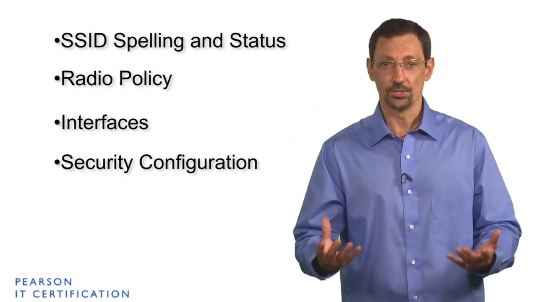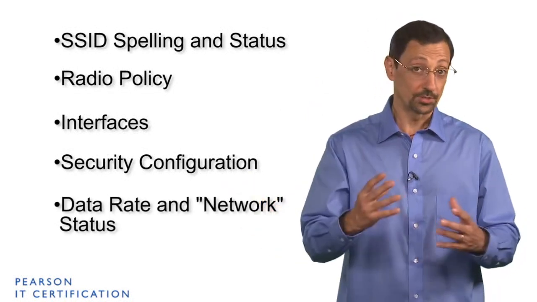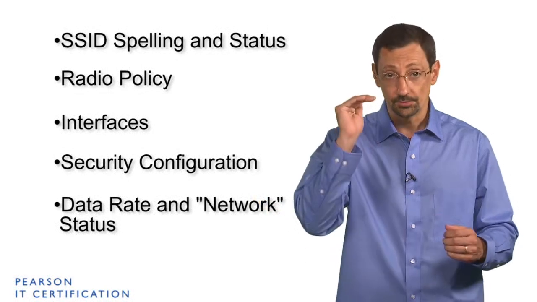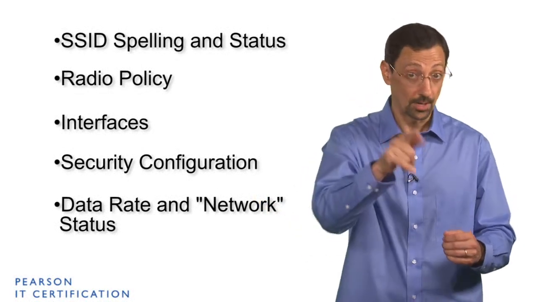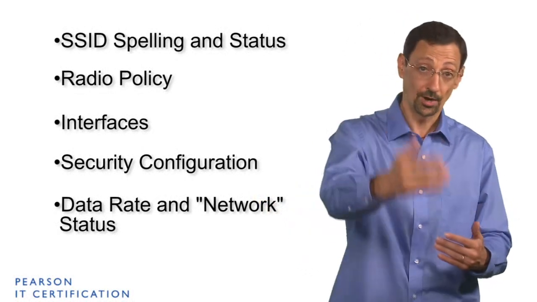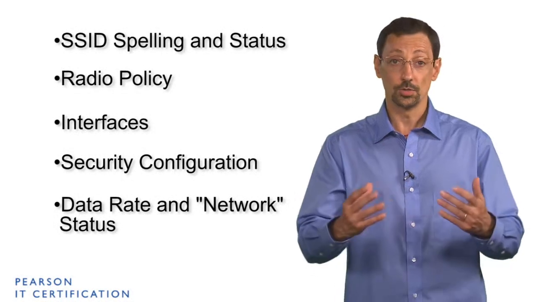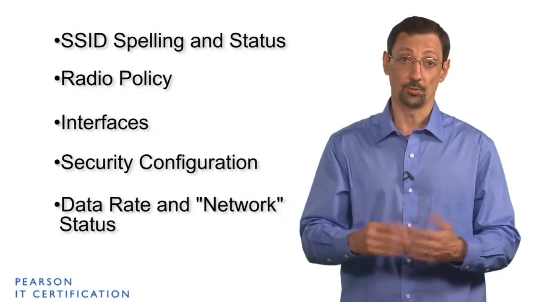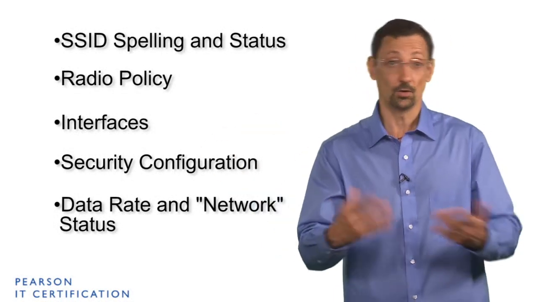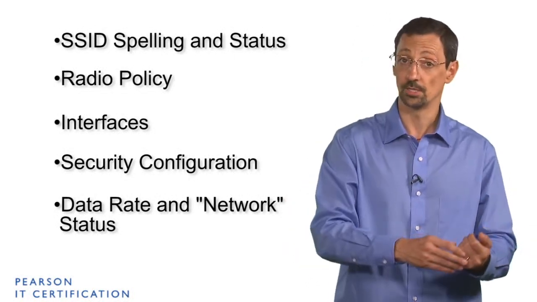Beyond security, which is of course a big one, data rates and network status could be something you want to check. If you set the mandatory data rates to something that one client doesn't support, then it cannot join. Or if that client is too far to be able to do that rate, then the client cannot join either. And also, if you disable the A band, for example, where a client is A only, or vice versa, then of course there is a problem,